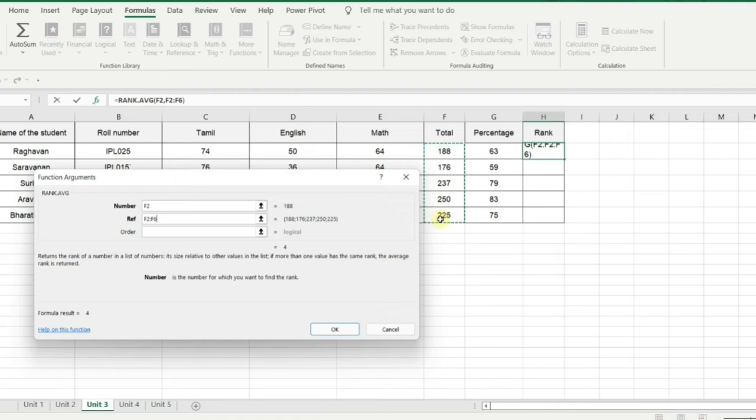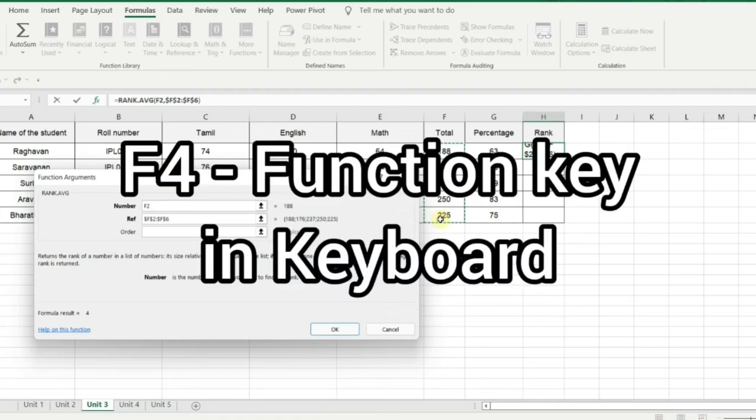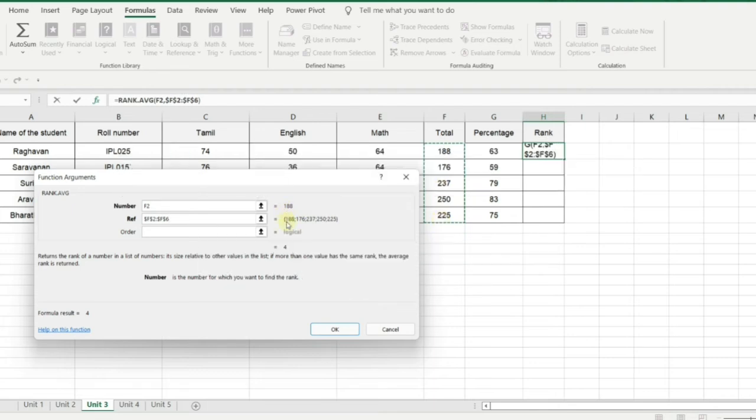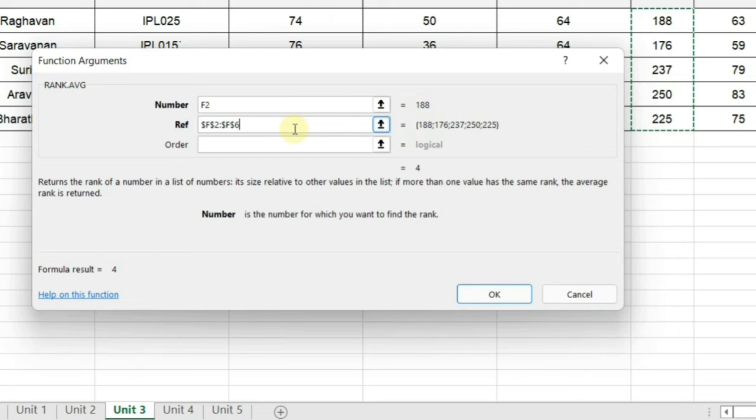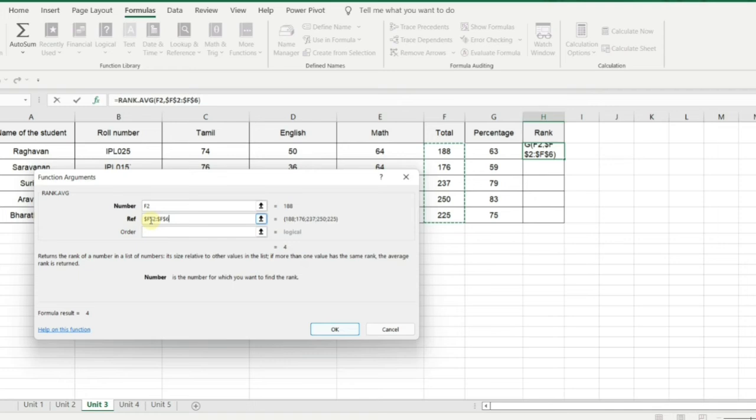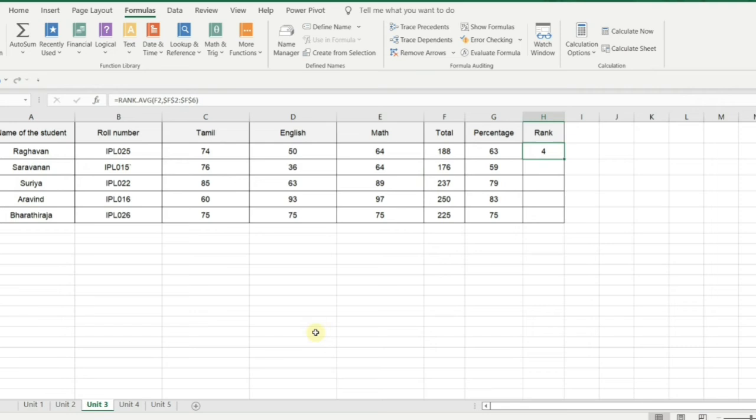Press F4. Why? You can see some changes made here, right? If you press F4, there are some dollar symbols in between them. Technically, these are called constants, which will not move. Please make sure in the practical examination you are doing these things. Click OK.